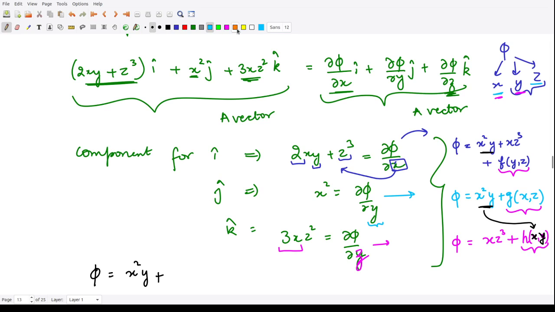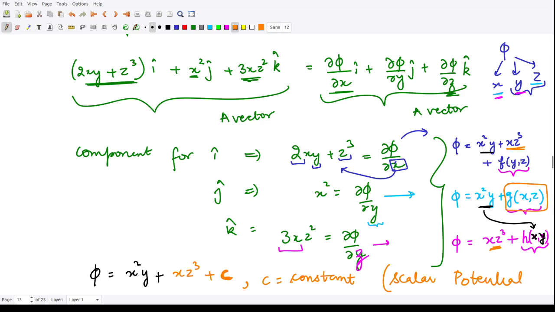Next you have the term xz³. Now xz³ is coming here and here, so that means this has to be xz³. So that would be xz³ plus the other quantity that you are getting as this function f of y z, which you do not know as of now. So you can call this some constant c, because there is no other constant coming up here. So c is some constant quantity. So this is how you obtain your scalar potential, right?